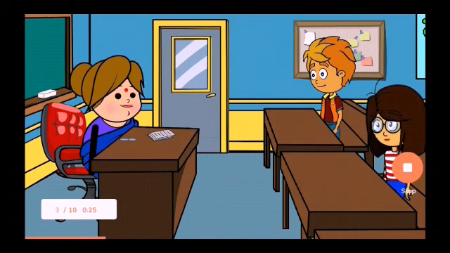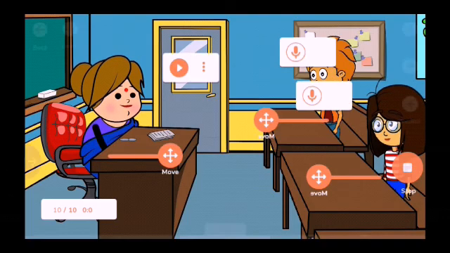Can anyone tell me what we have seen in the last class? Adjoint of a square matrix, Miss. Very good. Priya, can you tell me the formula for the adjoint of a square matrix? For a matrix A, the adjoint of a square matrix is equal to Aij the whole transpose. Very good, Priya. But what is Aij? Aij is the cofactor of the matrix A. Yes, you're right. Very good.